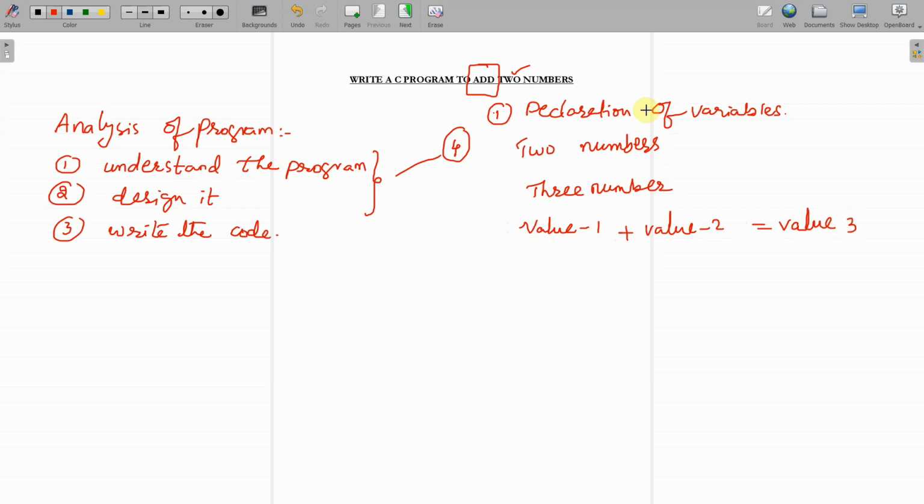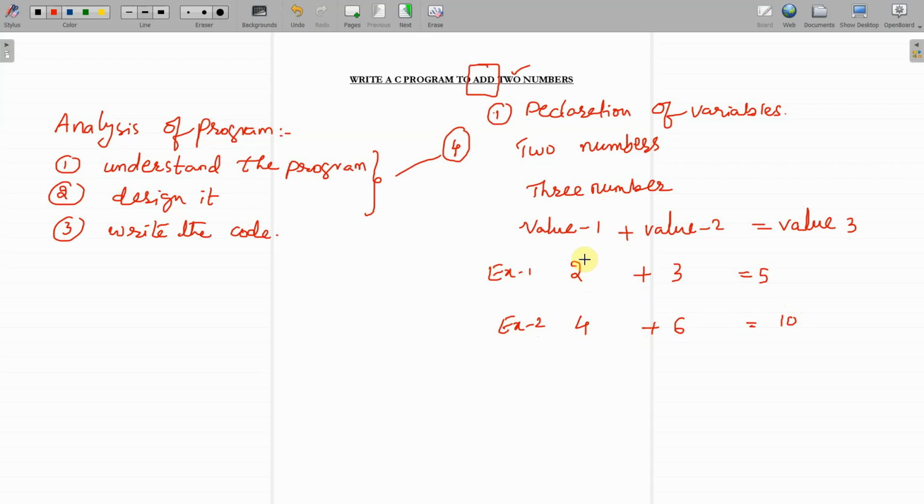So it is adding two numbers. I will take an example here. Suppose I take 2 here and 3 here, and on adding 2 plus 3 we will be getting 5. Suppose I take 4 here and 6 here. On adding these two we will be getting 10. So this is example number 1 and this is example number 2.